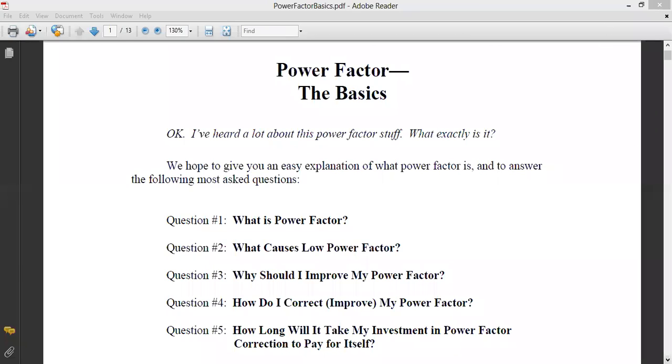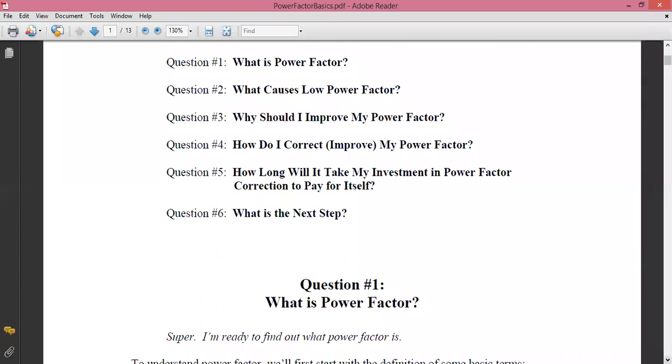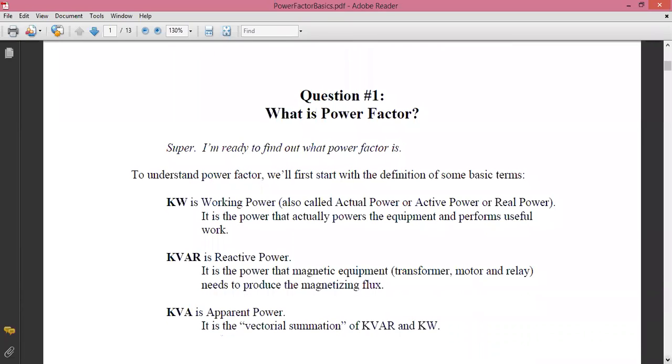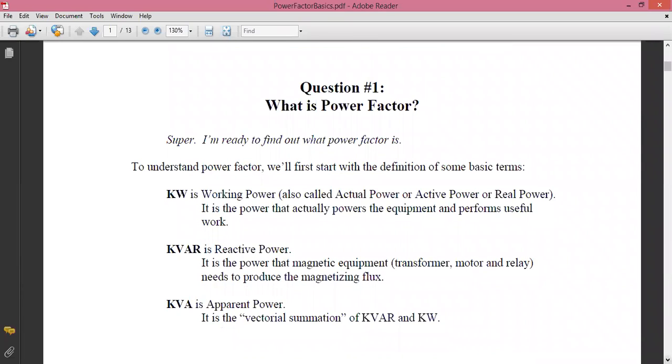Now quickly we will start with question number one: what do you mean by the power factor? I had already explained that power factor has three definitions. Number one, the cosine of the angle between the voltage and current. Number two, the ratio of resistance offered by the body to the impedance offered by the body in an AC circuit. And number three, the ratio of active power to the reactive power.